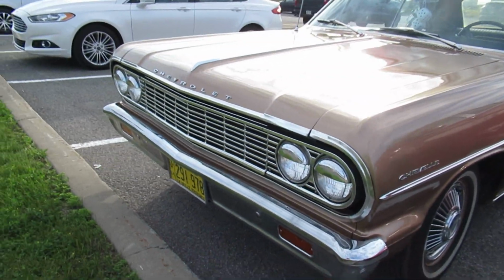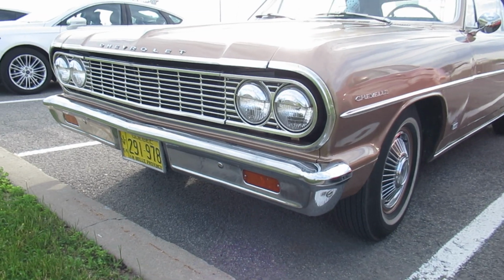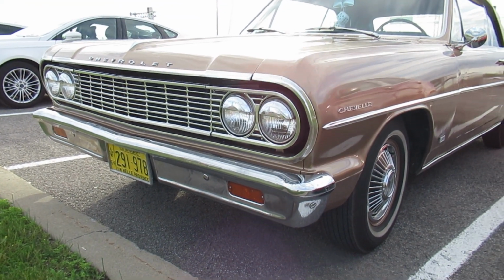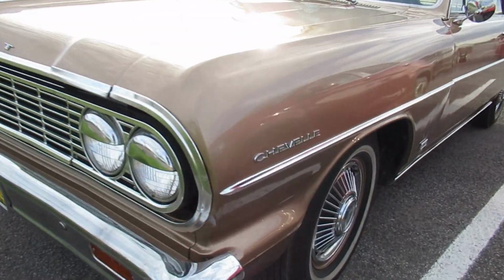And of course, whenever I see one of these '64 Chevelle coupes or convertibles, it reminds me of one of my favorite movies, and maybe the greatest movie ever made, which is Pulp Fiction. And it features one of these. John Travolta owns it and drives it. So a straight